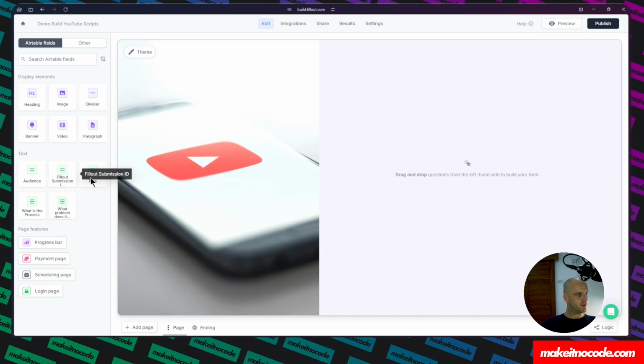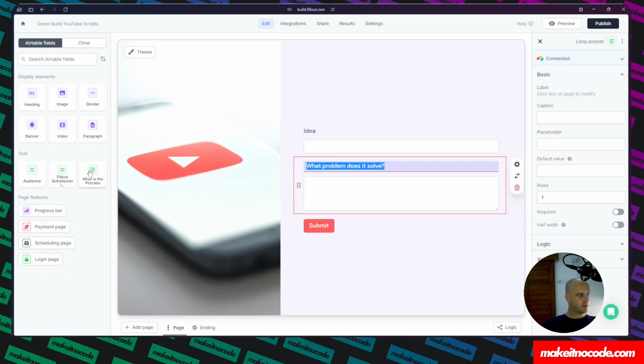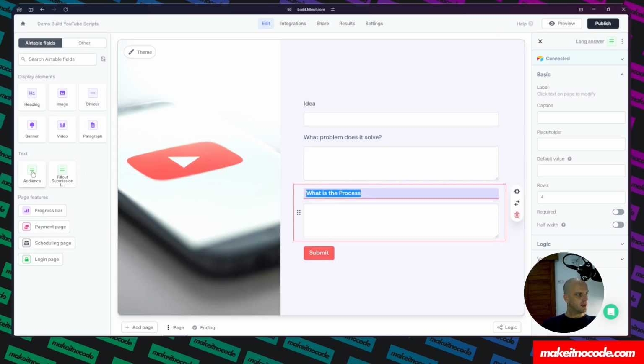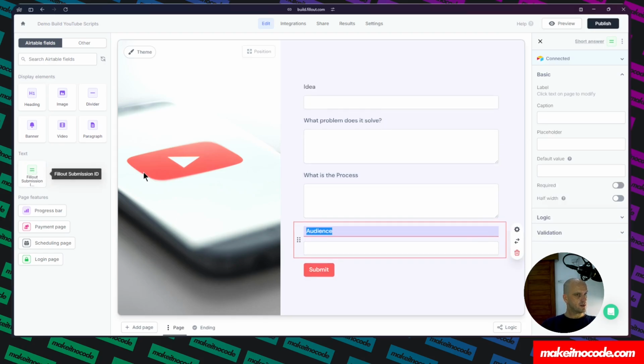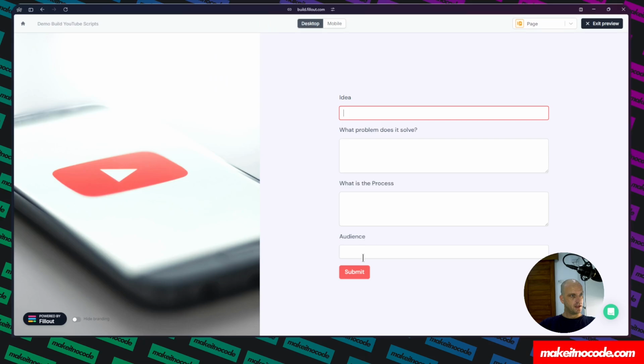So what I'm going to do first is add the field idea. Then I'm going to put what problems does it solve. Then I'm going to put what is the process. And then finally, I'm going to add audience. So now we have a fully connected form. If I was to preview this, fill in these fields and press submit, the information would be sent directly to